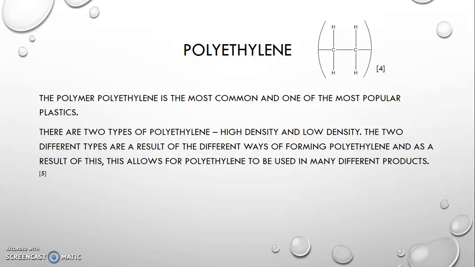Now, as previously discussed, polyethylene is an example of a synthetic polymer. Polyethylene you find in most plastics. It's commonly used in plastic bottles. And there are two types of polyethylene: high-density polyethylene and low-density. Both of these forms are a result of different ways of forming it. This is to do with activation energy and the temperature used, and as a result,